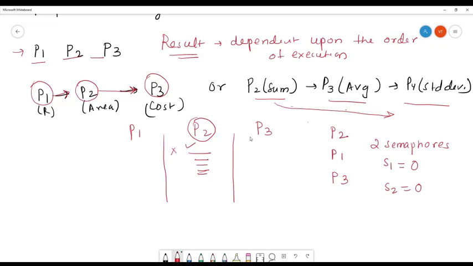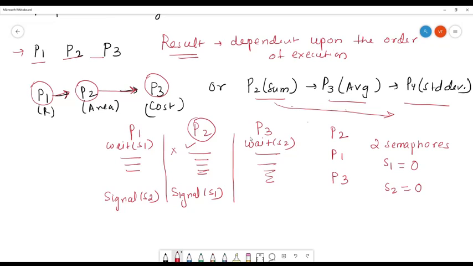At the end of P2, we write signal S1. Here in P1 it will be wait S1, then whatever it wants to execute, then signal S2 here, and in P3 it's wait S2. Now you see, initially P2 will start executing. When it reaches this signal, what does the signal do? It increments the content of S1, so S1 becomes 1.